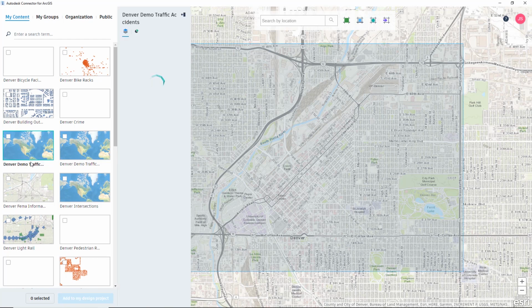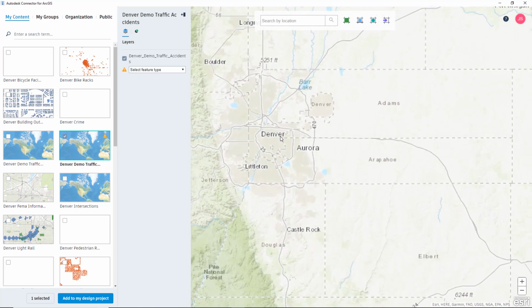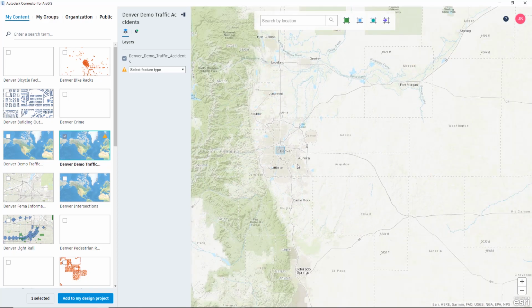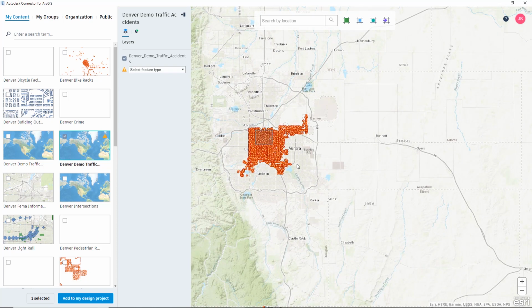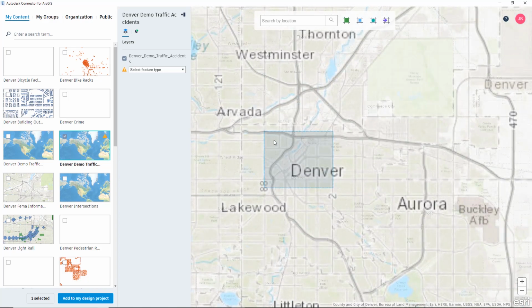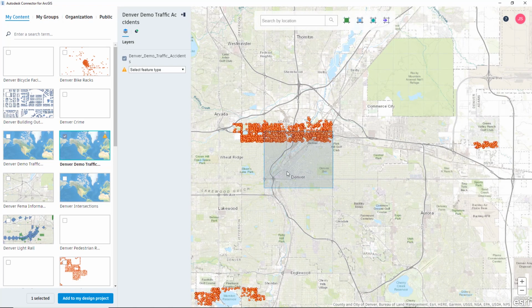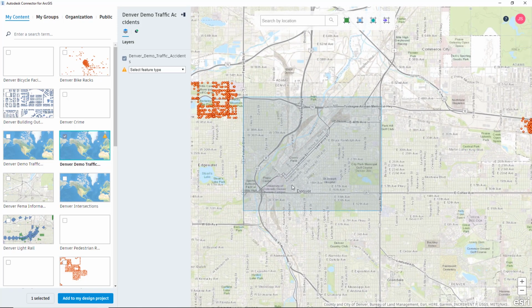So I'm just going to pick Denver demo traffic accidents, and you can see that this is the actual map. All right, so I zoom in, and it gives me a preview of what those look like. That's why it zoomed back. Now, that preview is only in the sandbox. All right, so you need to remember that. It should be out in the next release of InfraWorks, but you can see the outline of our InfraWorks model, and you can start to preview how much is going to be inside of that. So you can see there's a lot of traffic accidents that have been documented in their GIS data.